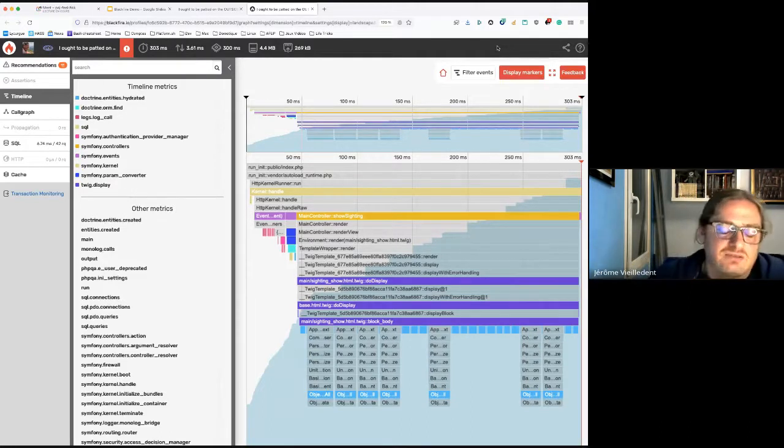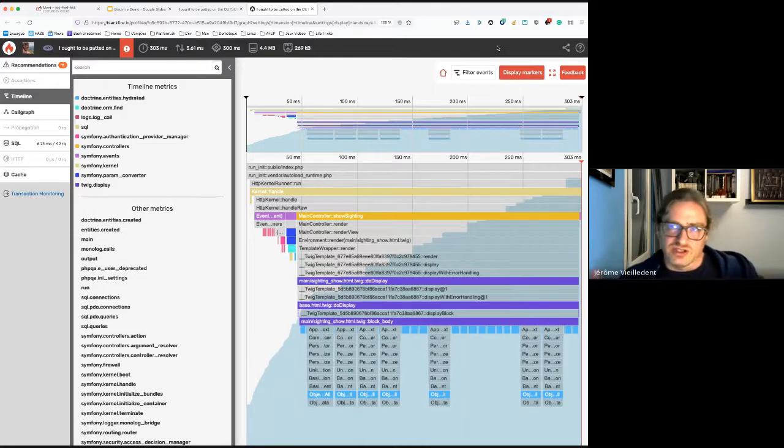Usually I start with the timeline because this is how I represent how the application is running, on a time base, goes from A to Z, from the index.php to the response that's been given to the client.